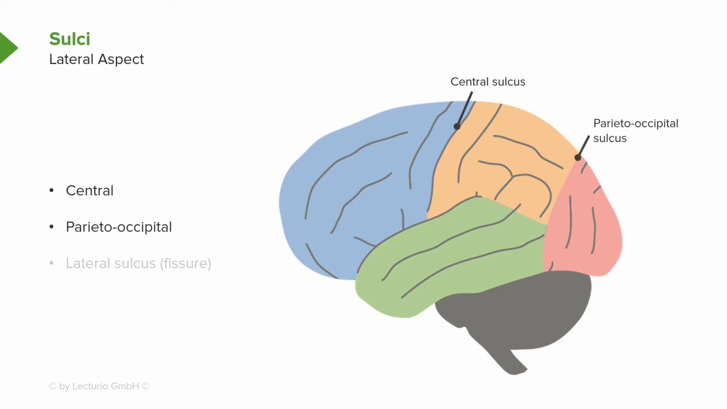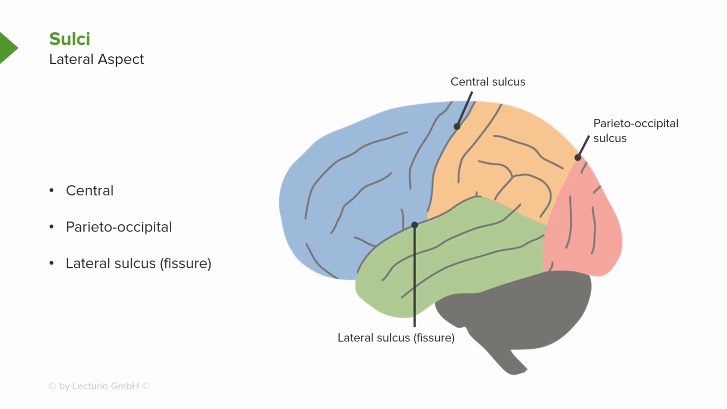The next sulcus is the one that will separate the parietal lobe from the occipital lobe, and the occipital lobe from the temporal lobe here inferiorly. This is the parieto-occipital sulcus. And then the third and final major one is the lateral sulcus, which more precisely is a lateral